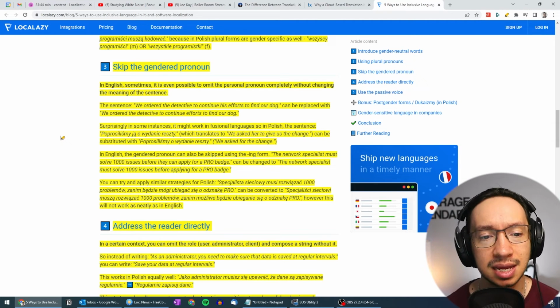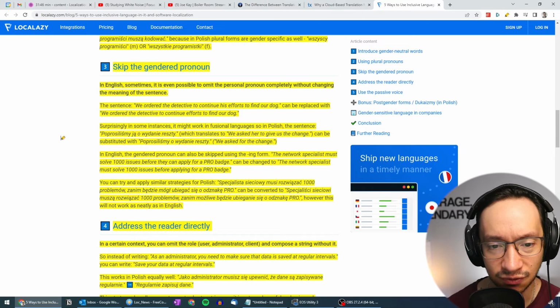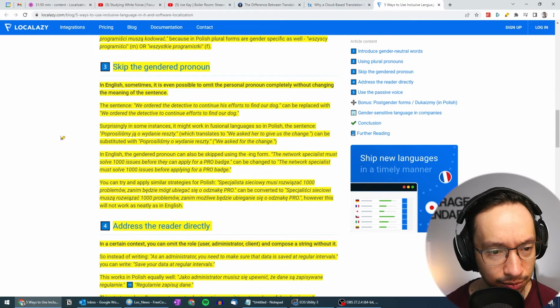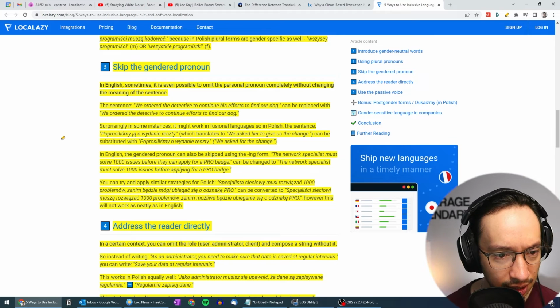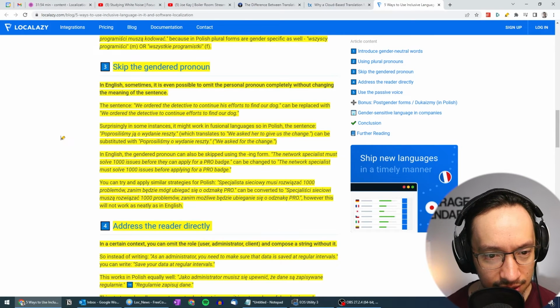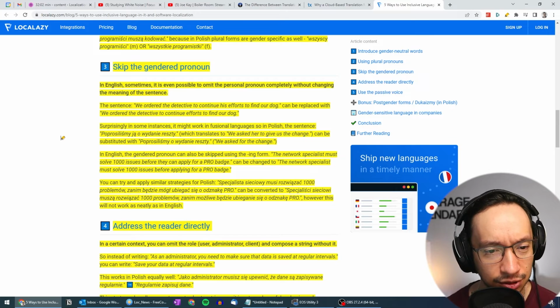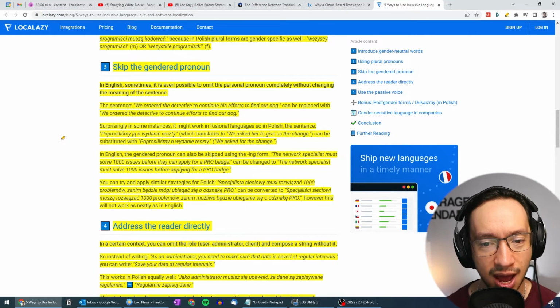Surprisingly, in some instances it might work in fusional languages, so in Polish, the sentence "Poprosiliśmy ją o wydanie reszty," which translates to "We asked her to give us the change," can be substituted with "Poprosiliśmy o wydanie reszty." We ask for change.